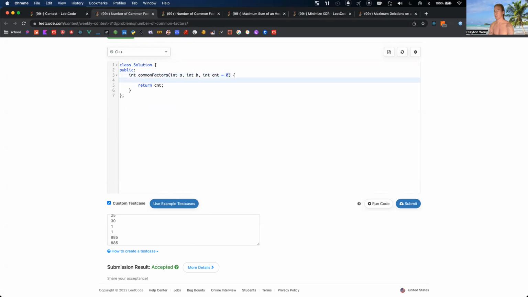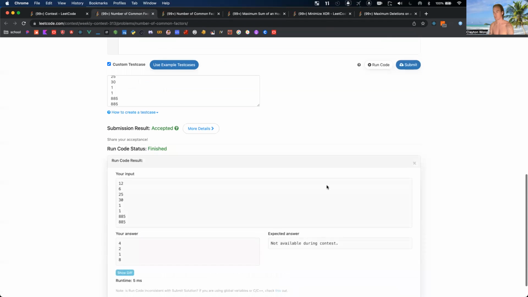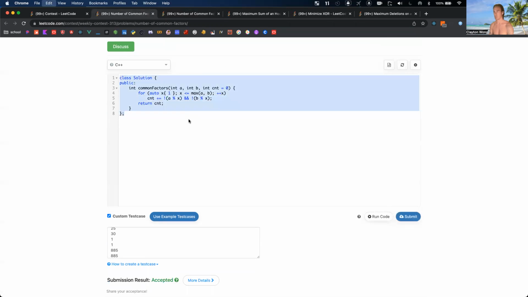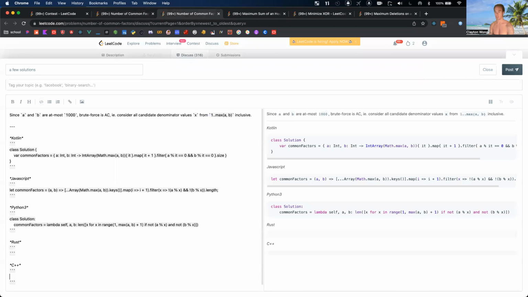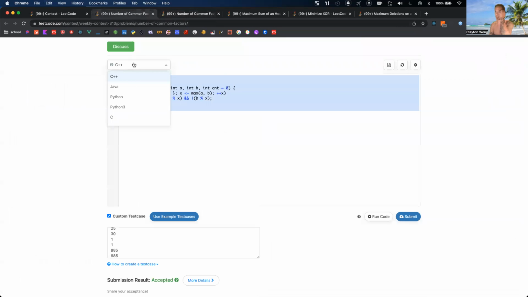Return the count in the end. Auto x = 1; x is less than or equal to the maximum of A and B inclusive. And plus equals, and A is evenly divisible by X, and B is also evenly divisible by X. It's cool. Okay. Then